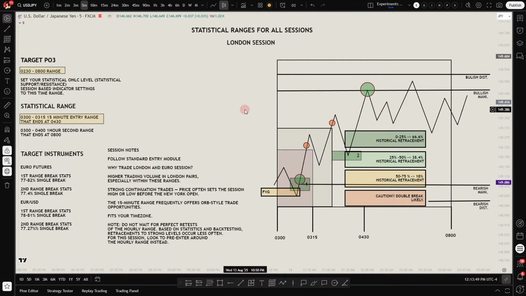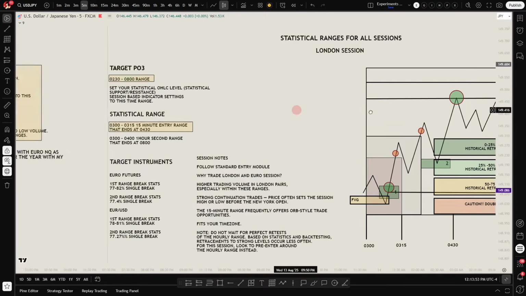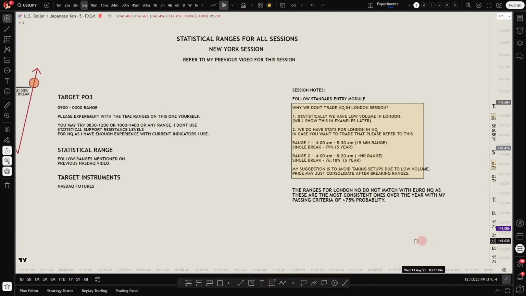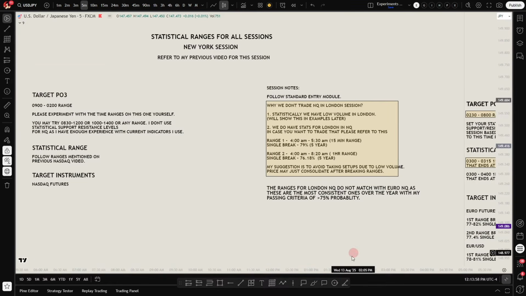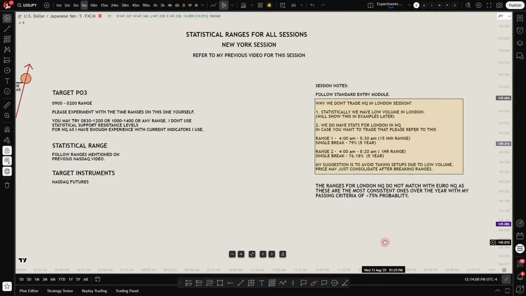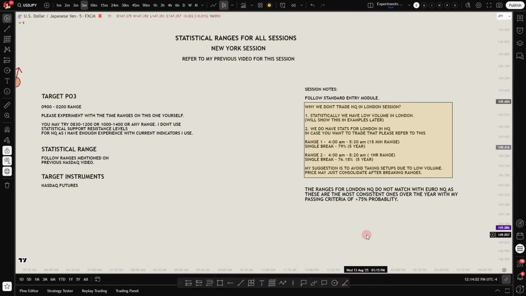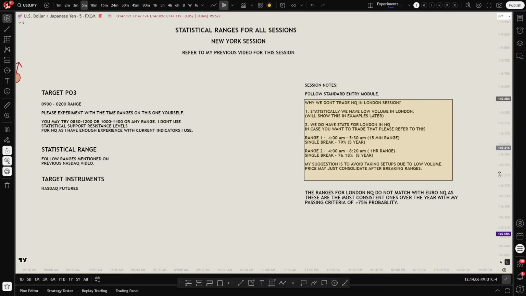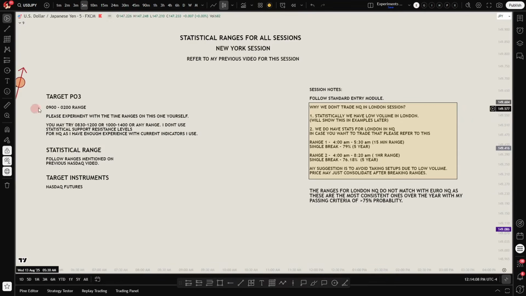New York session. Now let's talk about the New York session. For this session, please also refer to my previous NASDAQ futures video, where I explain the ranges in more detail. The power of 3 range here is defined from 9:00 a.m. to 2:00 p.m. You can experiment with statistical ranges to mark support and resistance zones for this session, such as